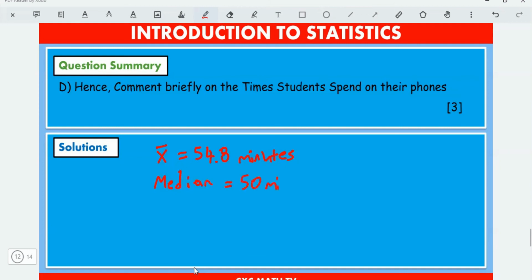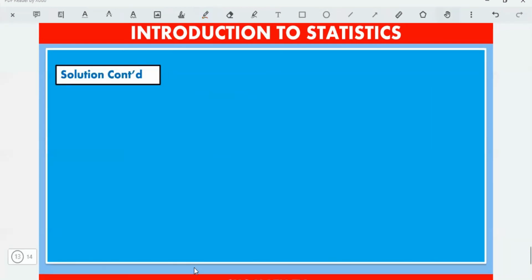All right. What else can we talk about when we're describing? These are both measures of central tendency. So then we need to talk about a measure of spread. In this case, we can talk about the standard deviation. The standard deviation we had calculated was 8.59, right? So let's now comment briefly on the time spent on phone. So we can say, on average,